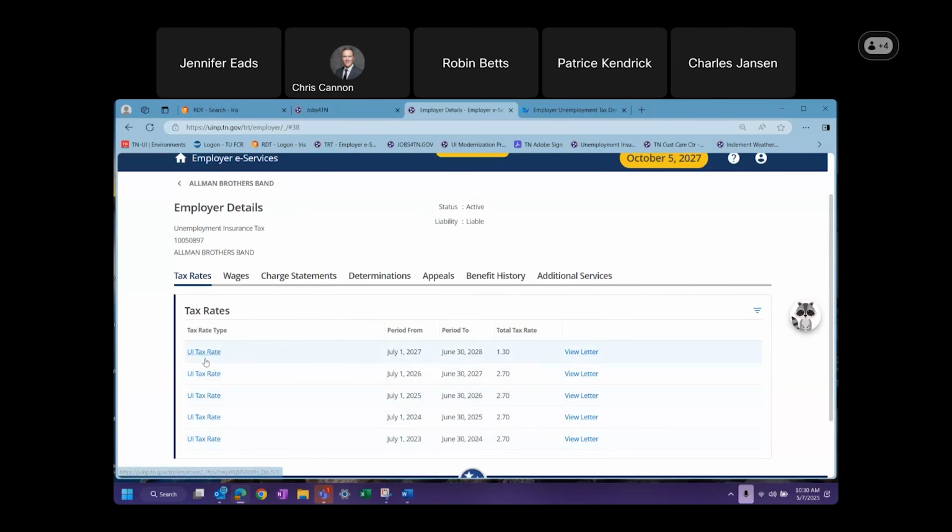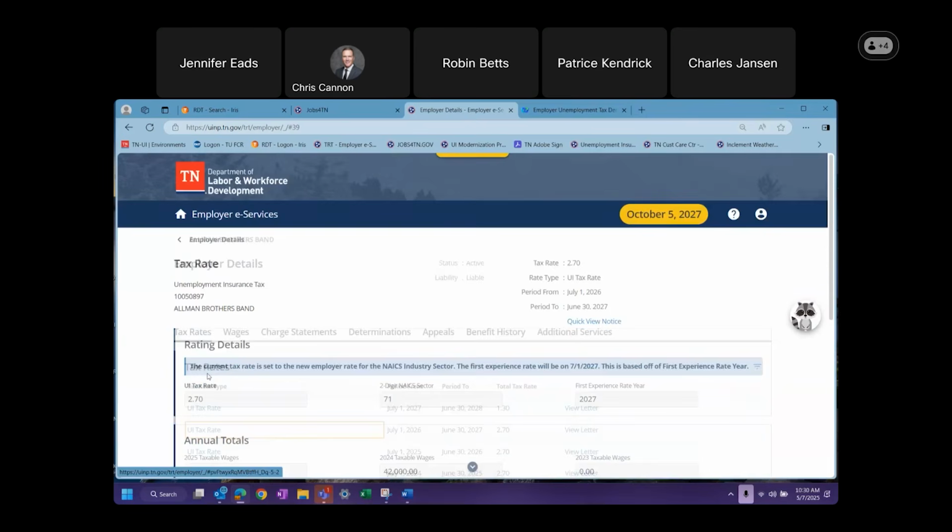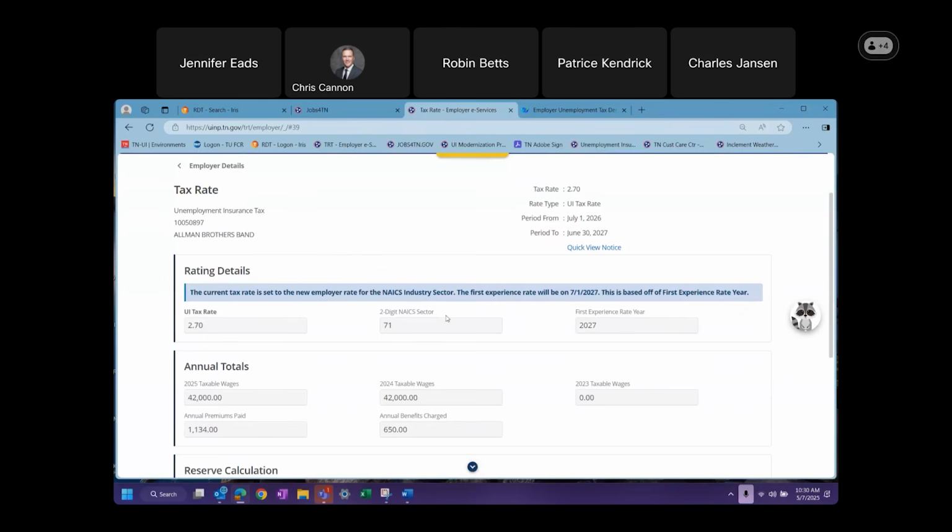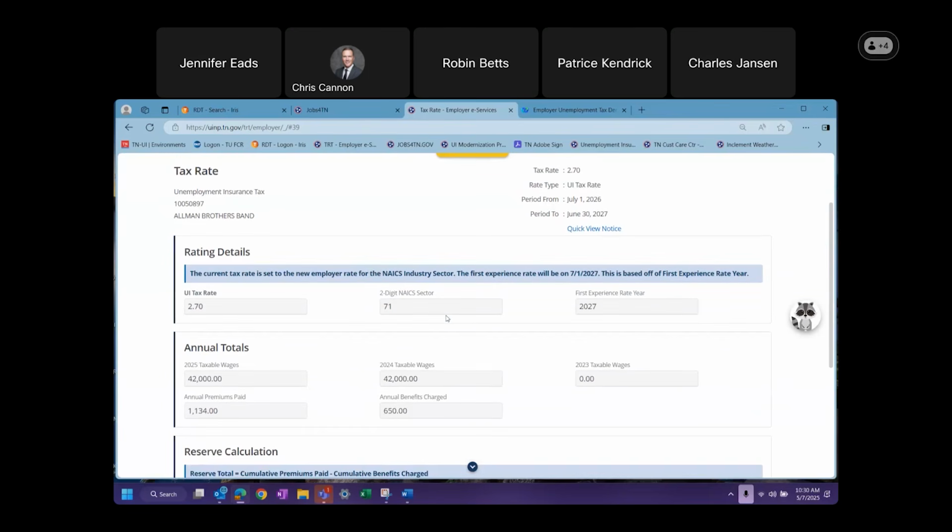If you ever want to see more detail, you can simply click the UI tax rate link for the respective year to see more details. The tax rate is restated up here, and it also gives you a lot more information about that tax rate. This includes the UI tax rate, the NAICS sector, and the first experience rate year,